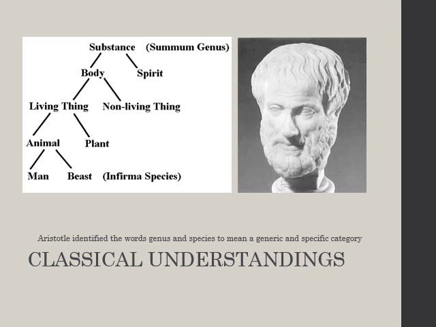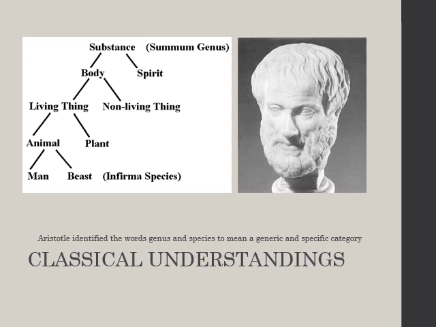From Plato, we get Aristotle. Aristotle identified the words genus and species, because Plato said you can classify things. What Plato was going for, by the way, was not chairs. Plato was going for, there are different types of people, there are 3 types of people. The rulers, the workers. I know there was silver, gold, and brass, but I forget what the brass ones did. So there were 3 distinct groups of people.